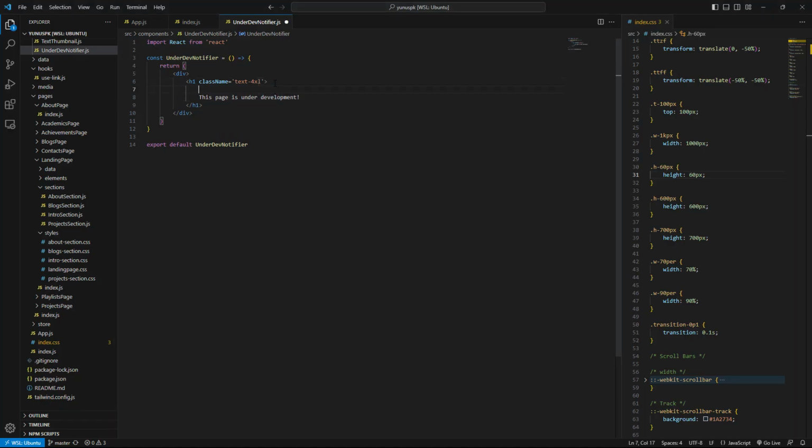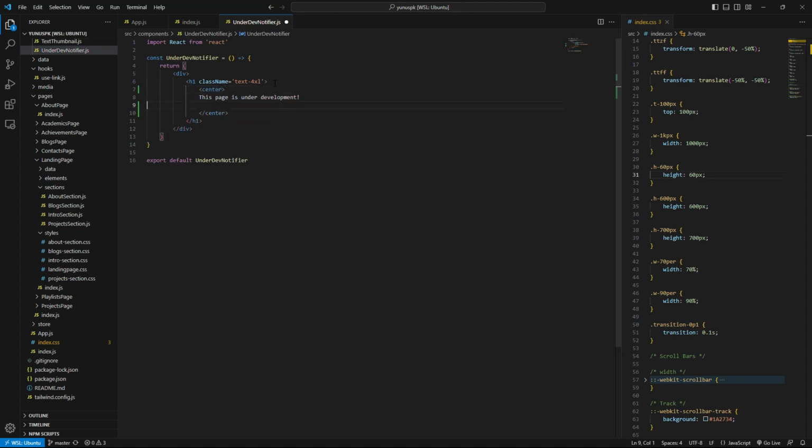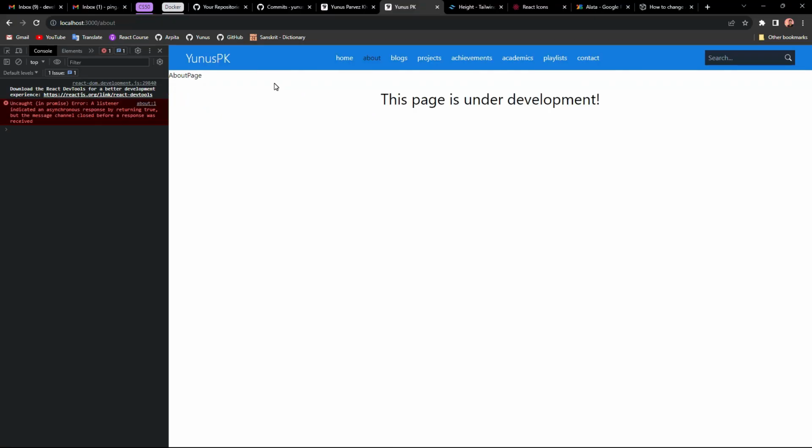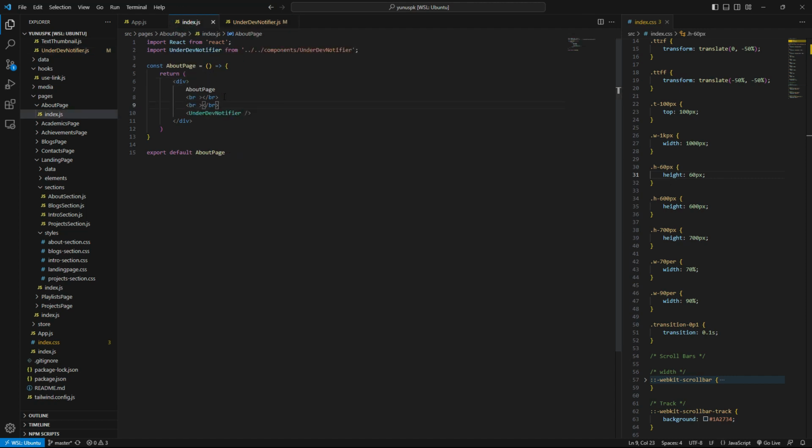So what I'm going to do is I'm going to create a center. First of all, I'm going to get it in the center. Okay, this page is under development. Okay, first of all, I'm going to give it not this but the about page.